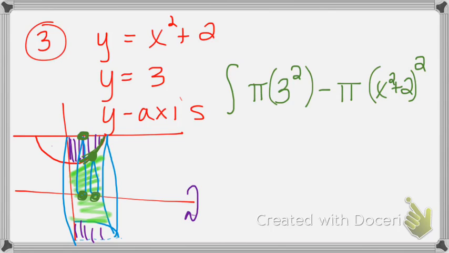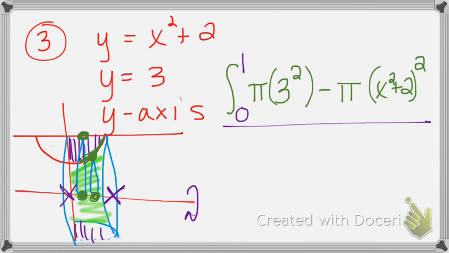An integral adds all of that up, and then we're going to go from 0 to wherever this is located. You might have to use the calculator, or you could plug 3 in for y and solve. I believe that you'll get x equals 1, so that would be the integral that you would set up in